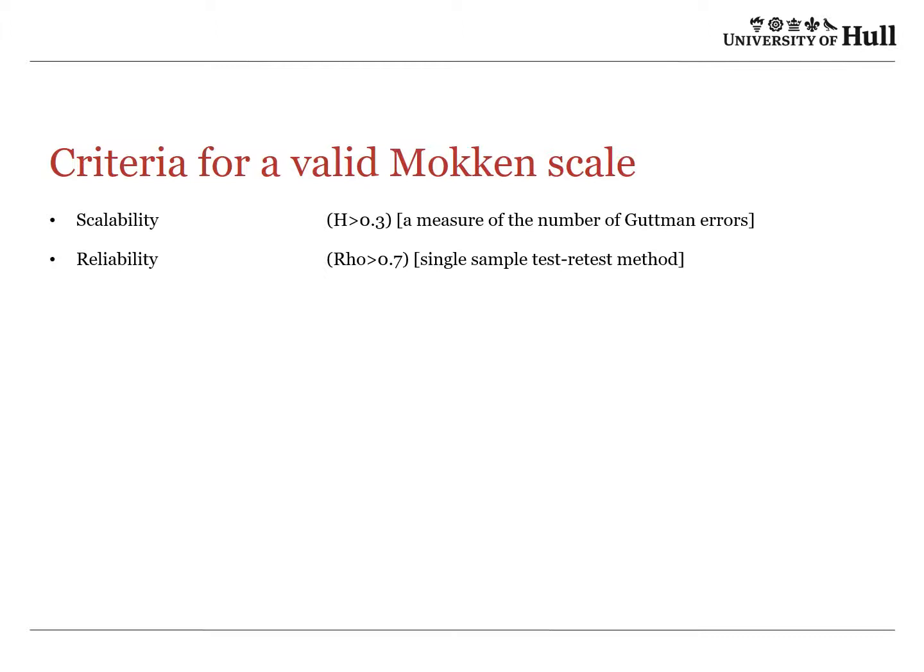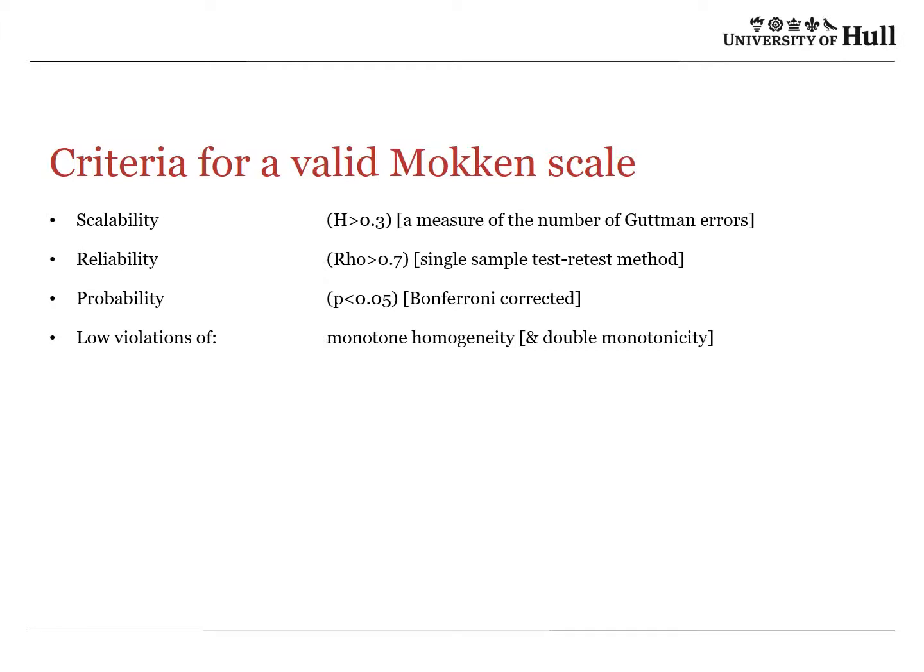Reliability, or ρ, should be greater than 0.7. This is a single sample test-retest method. You can describe it as being analogous to Cronbach's alpha, although it is different and considered to be superior. We can also calculate the probability of obtaining a Mokken scale using a Bonferroni correction because there are multiple iterations. We should have low violations of monotone homogeneity and of course double monotonicity, and it's desirable to have invariant item ordering, although I must make it clear that that is not an essential feature of a Mokken scale,